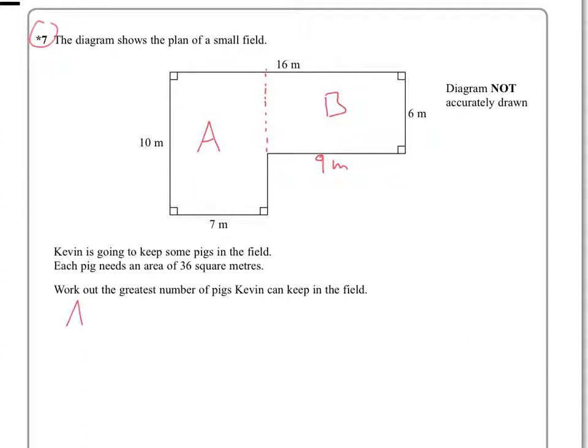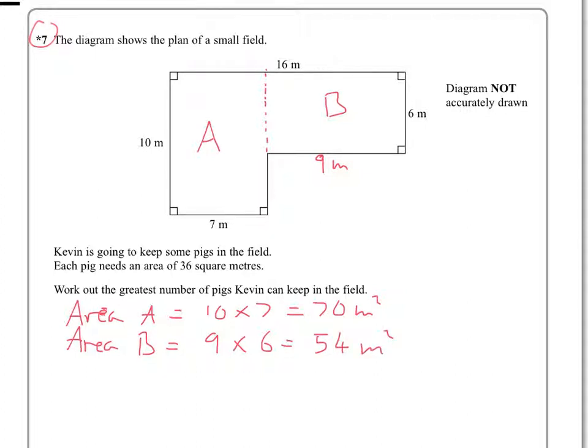So area of shape A is 10 times 7, which is 70 square meters. Area of shape B is 9 times 6, which is 54 square meters, so total area is 124 square meters. Now each pig needs 36 square meters, so the next thing we're really trying to do here